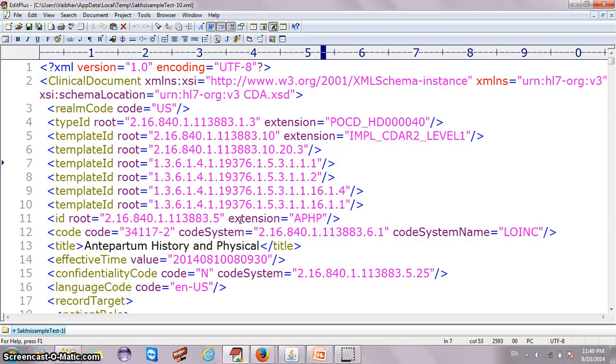As we know, a CDA document consists of a header part and a body part. The CDA header consists of information like what type of CDA document it is. In our case it's APHP.